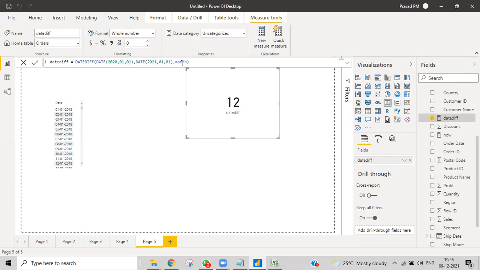Then we'll find how many hours that is. 8784. But if you want to give seconds, see how many seconds. It is very difficult for us to calculate, but here we can make it very simple.